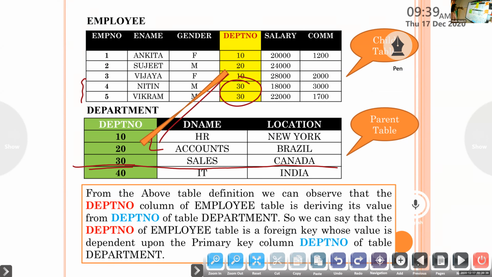So you can't write a department number from this table and relate to something in different tables. That is why there is a condition when you create a relationship, both should be inside the same database. This department is a part of that particular company and employee table is again a part of that particular company. So it should be from the same database.